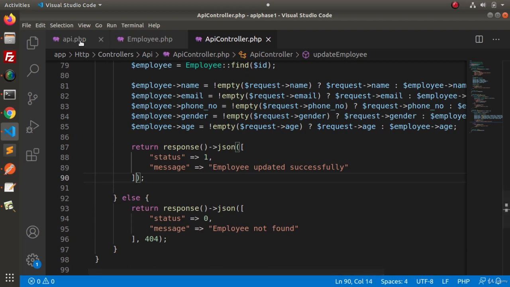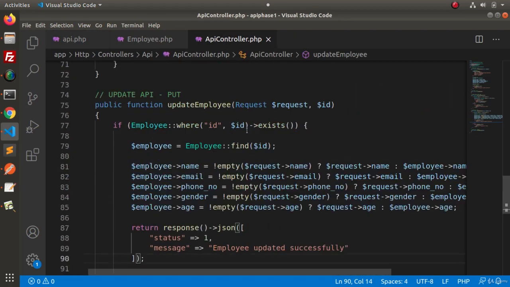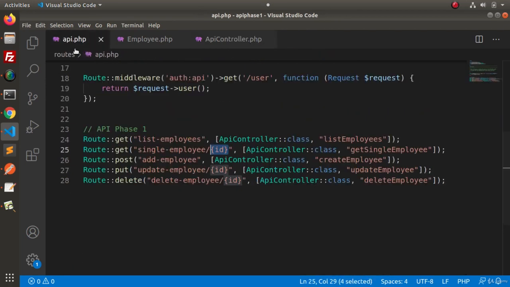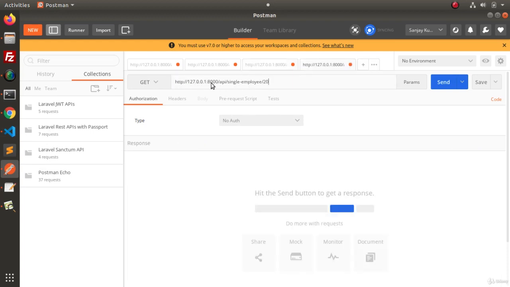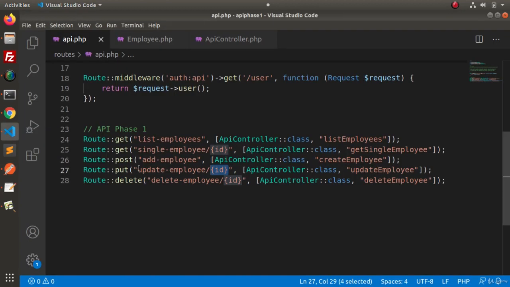Now if you go inside this API.php, to call this method update employee, the syntax is something like update employee. We need to use the put request type, and also we need to pass the employee ID into the URL. So back to Postman. First of all, I will copy this syntax. It means the URL like localhost, API, single employee and all, but in this case we have update-employee. So I will copy, go here,